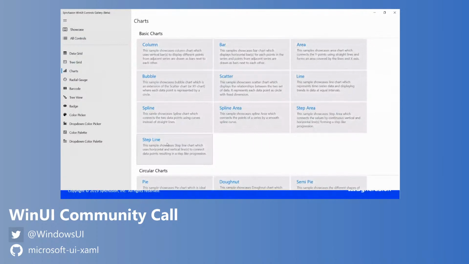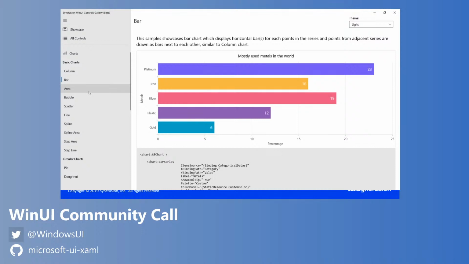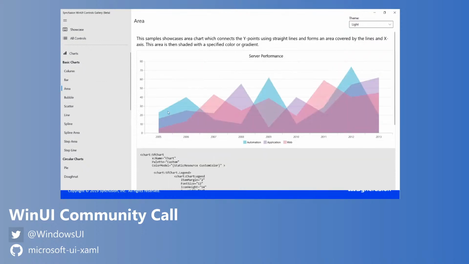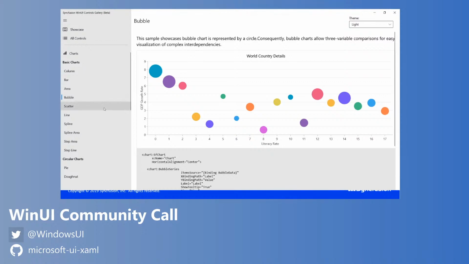Next is our chart, which is used to visualize and analyze the data with an ever-expanding collection of 10 plus charts and graphs ranging from line chart to circular chart. Let me go over some of the chart types. This is our column chart and bar chart, area chart, bubble. All the series in the chart are provided with beautiful animations,